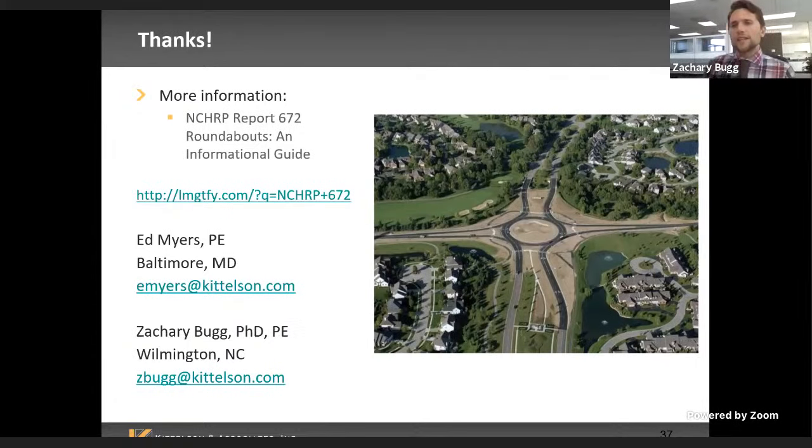Yeah, that's a great question. And I noticed one of your potential topics for these seminars is CAV, so I can weigh in a little bit. The first thing is the capacity. We're doing some testing right now at Kittelson on some research projects for determining the capacity of all different intersection forms based on the fleet penetration of connected autonomous vehicles. Those curves that I showed you for the Highway Capacity Manual will change when vehicles are closer together and can communicate.